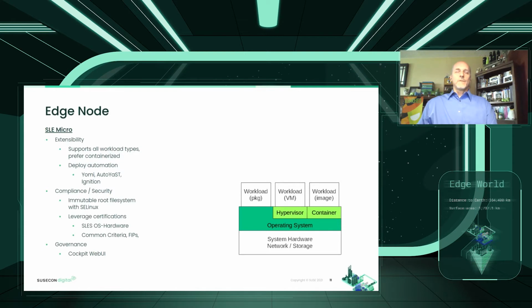Okay. And then finally, from a governance standpoint, and I'm going to give you a real simple example here, included in this SLE Micro is a tool called Cockpit, which is a web user interface. And literally, I can manage the node, I can see the performance, I can do all that on a very one-to-one basis, which is an issue as you scale in the edge space. But just to get you started, this is a great way for you to interact with that device and do what you need to do until you move on to even a more orchestrated workload and orchestrated management sense.